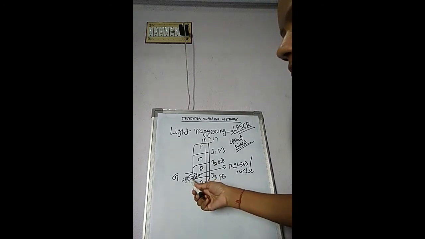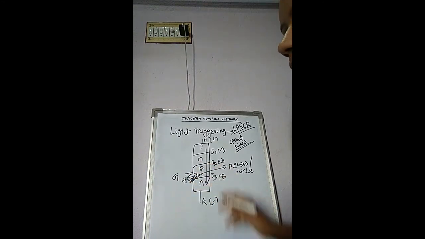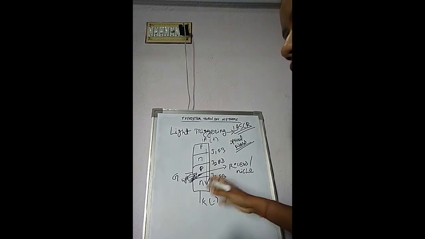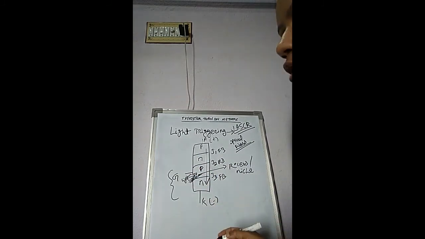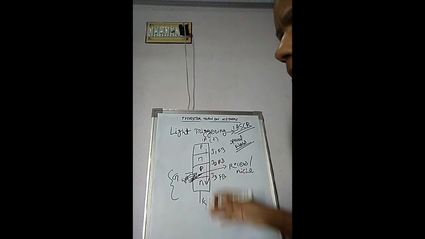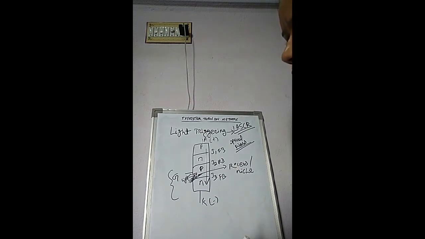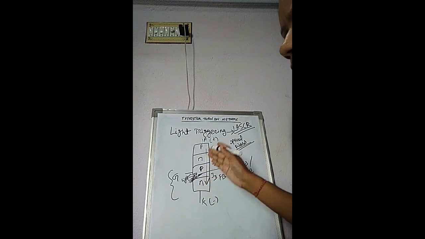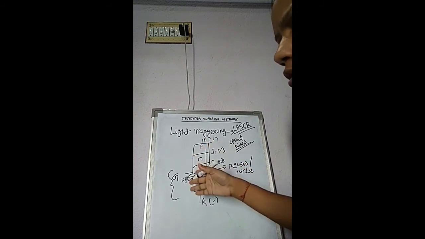See here I draw both light and gate point. That means LASCR may be triggered with a light source as well as with a gate signal. Sometimes a combination of both is also applied. So what happens in the combinational mode? The gate is biased with voltage or current slightly less than that required to turn it on, because we use some irradiation of light and also use some gate signal.